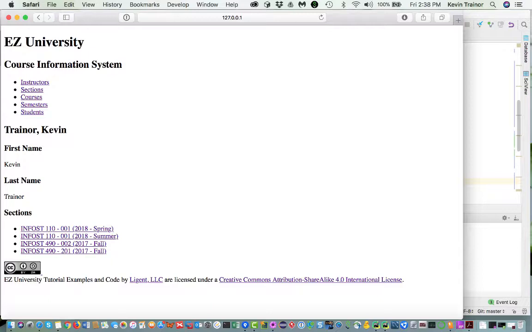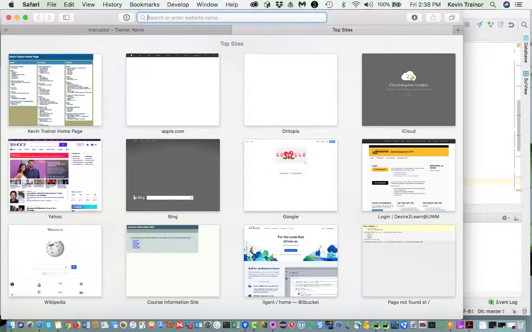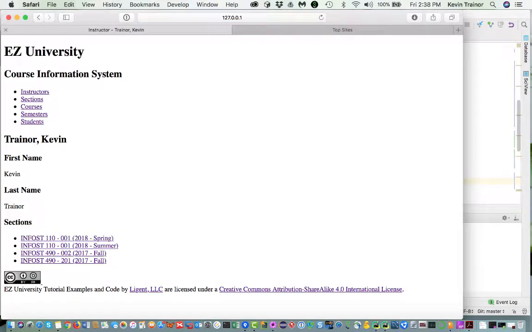Okay, so this is my instructor detail page. So even though it's got here, in fact, let's look at what's on the title. Let's create another window so you can see what was on the title was instructor-trainer, Kevin. I like that. That's what I wanted. Okay, and then we go back there. We've got all of our banner and nav stuff. That looks good. And then I've got the title Trainer, Kevin. That's what I want. Then I've got my first name. Then I've got my last name. A lot of people would think this is overkill, but I kind of like it, so I'm just going to put it there. And here's a list of the sections that I'm